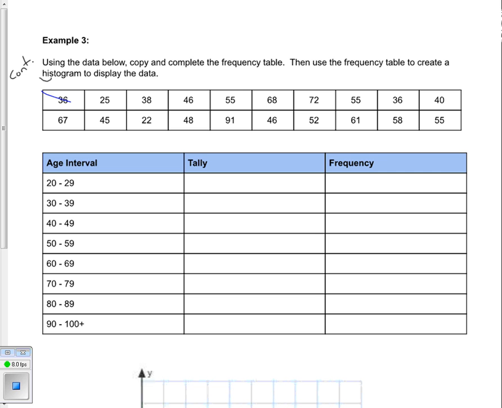So if you're 36, you happen to be between 30 and 39. 25 is between 20 and 29. 38 is between 30 and 39. 46 would be over here. 55 in this area. 68 right there. 72 there. 55 again there. 36 there. 40 there. 67,